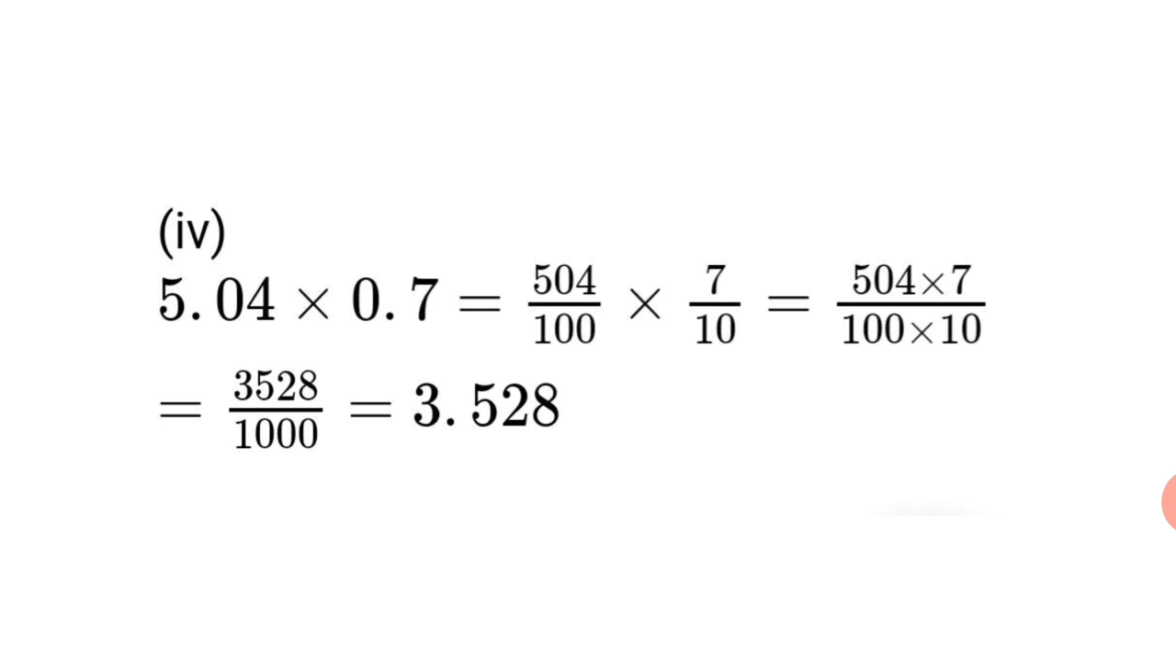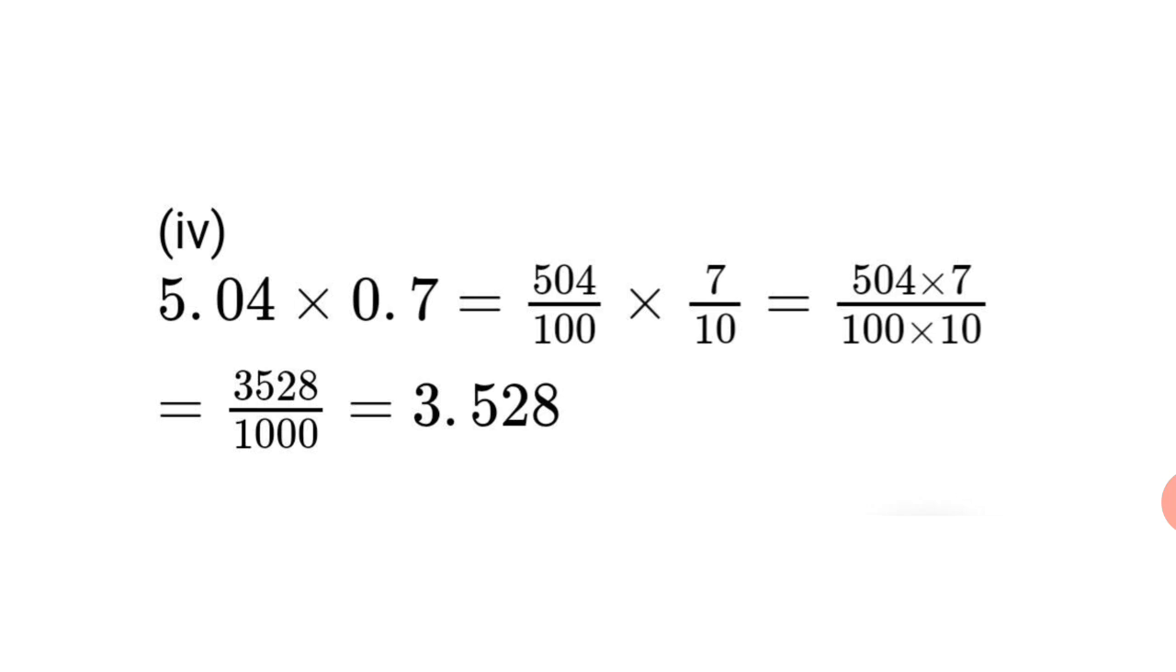Question number 4. 5.04 into 0.7 equals 504 upon 100 into 7 upon 10 is equal to 504 into 7 upon 100 into 10 is equal to 3528 upon 1000 is equal to